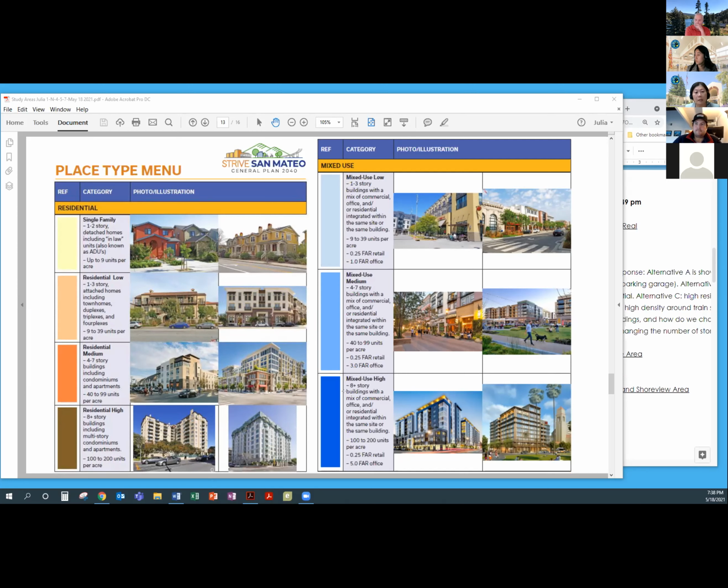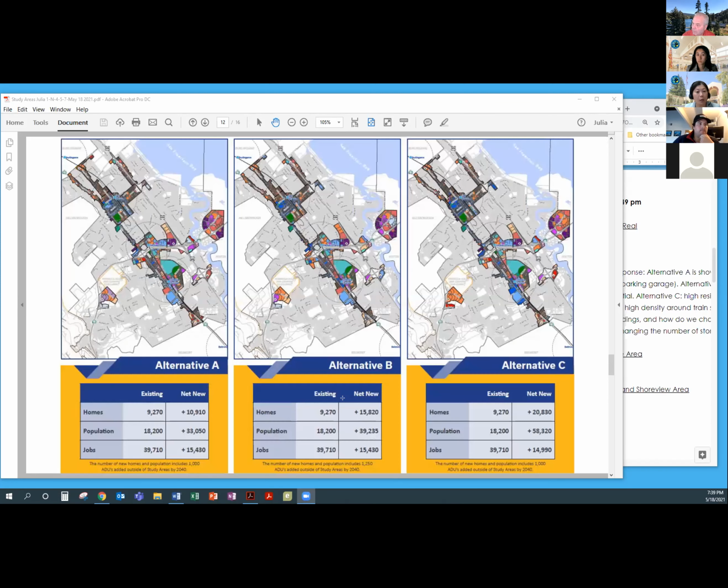Most communities need to plan for growth. San Mateo over time has grown every single year. And this whole entire planning effort is really for us to engage with our community, knowing that we need to plan for growth. And so the question really here is, even though what we see today is maybe 5 stories, we also have some existing buildings that are a little bit taller around downtown, in Central Park. You'll see that they're taller buildings.